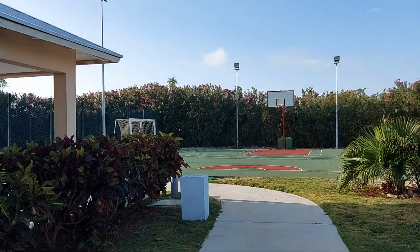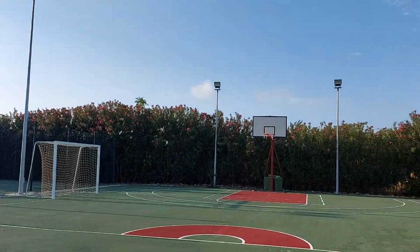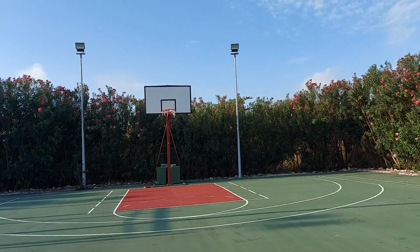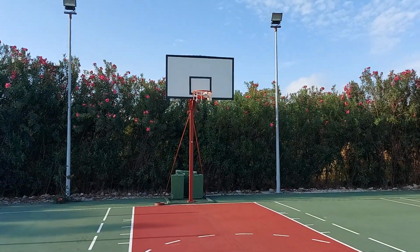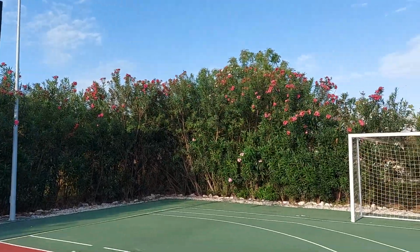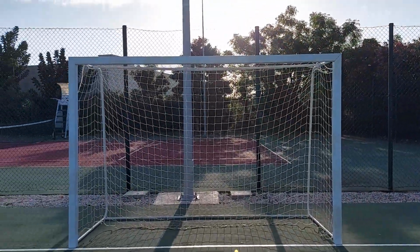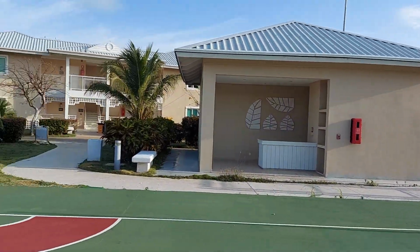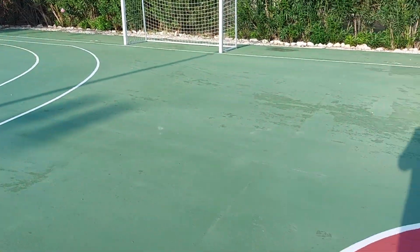So there is a basketball hoop. If someone has an extra net, they want to bring it down, or maybe somebody will replace it by the time you get here. That net has seen better days, for sure. And then two excellent, like good shape soccer nets. So anyway, this is the main part of the floor seems to be in good condition,